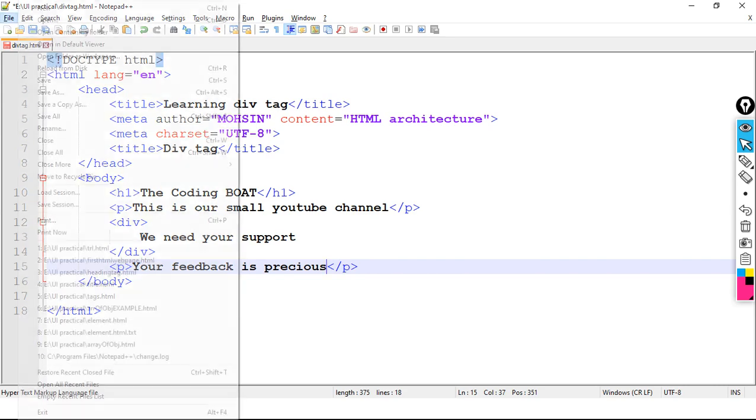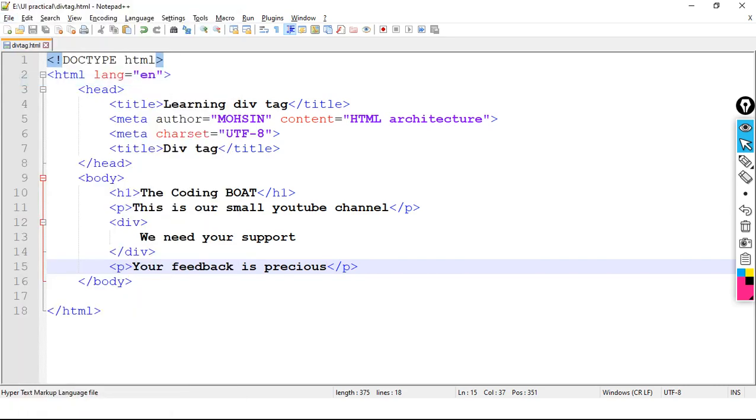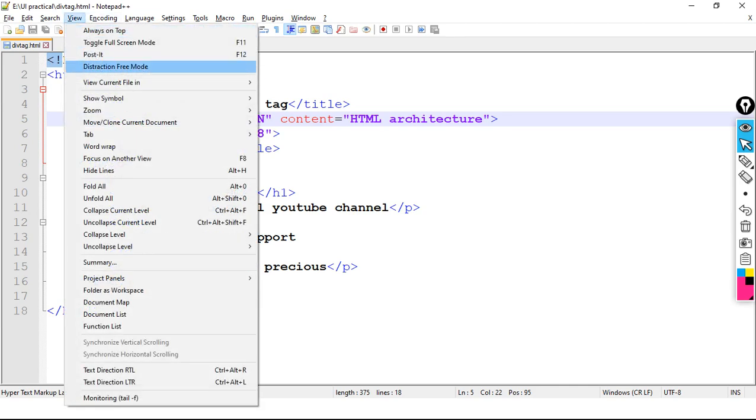Let's save the code. Div tag dot html, this is the name of our HTML file. Now let's execute the code.